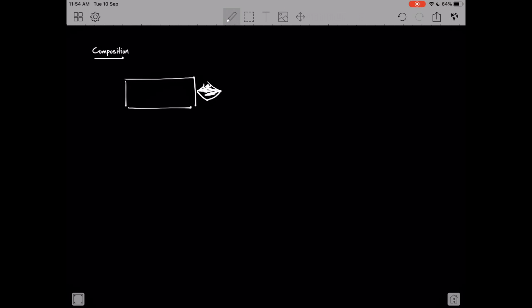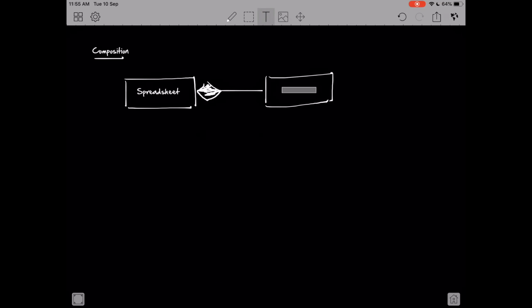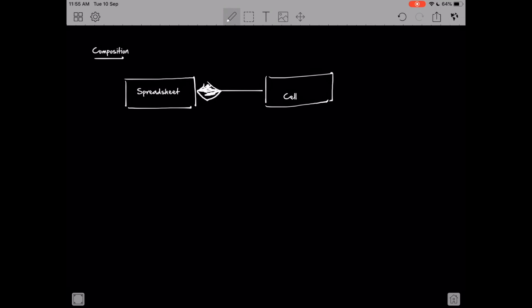So this is a composition relation, and this could be something like spreadsheet, and this would be a cell. A composition relation is also sometimes called an ownership relation. So a spreadsheet owns the cells, and in this case, one point to remember is that the